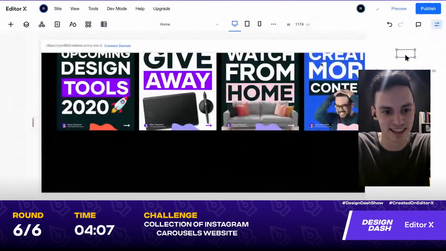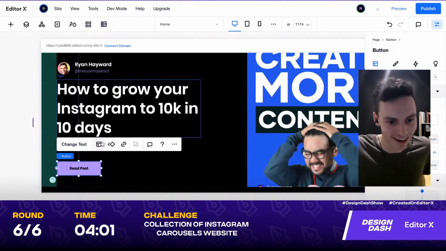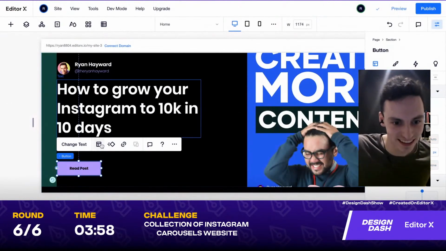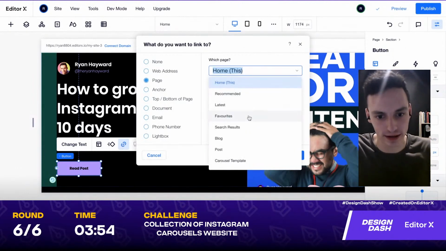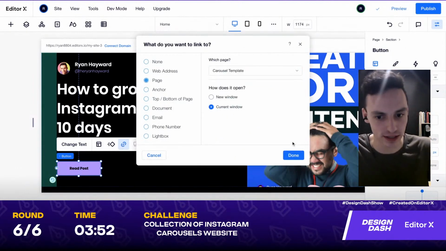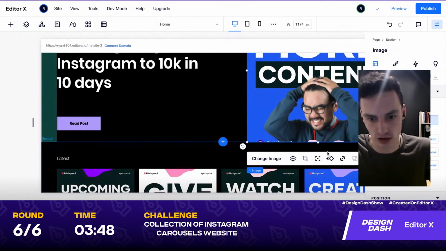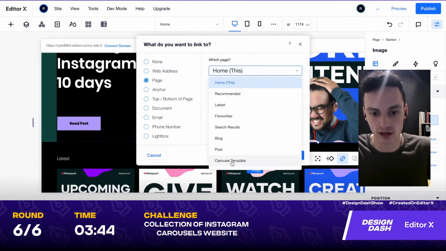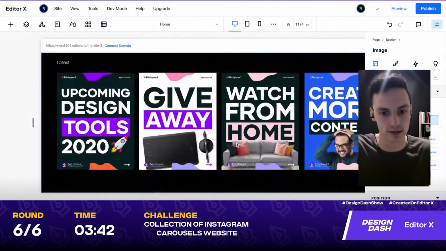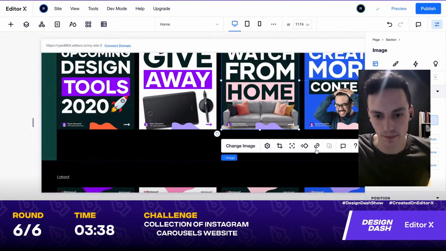All right, edit site. Let's duplicate that. Make sure everything links, and then I think we're pretty good, guys. We're going to link that to this other page, which is the carousel template. Let's just make sure everything links to the carousel template. If you click the image, it would take you to where you want to go. So carousel template. And let's just make one of these link to